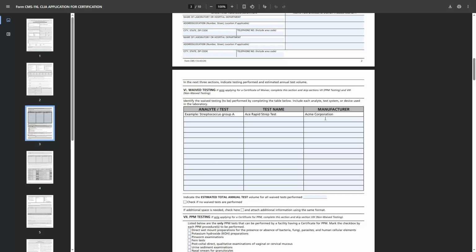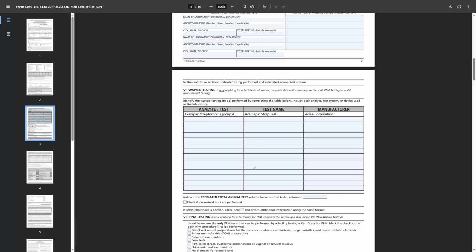You should be able to find this information from your manufacturer. Like I've gone on McKesson and looked this up for the test that I ordered. You can ask your representative from McKesson or from the manufacturer itself to help you with this information. I'm sure ChatGPT can probably give you this information now because that wasn't around back then when I had to fill this out. If you need another piece of paper, you do need to attach it, and you do the